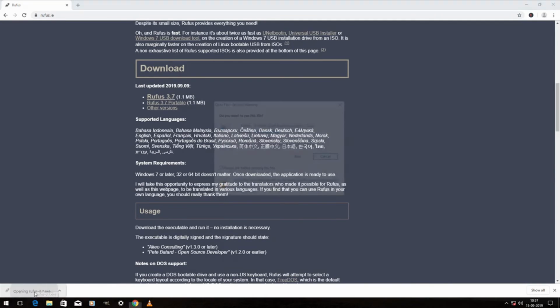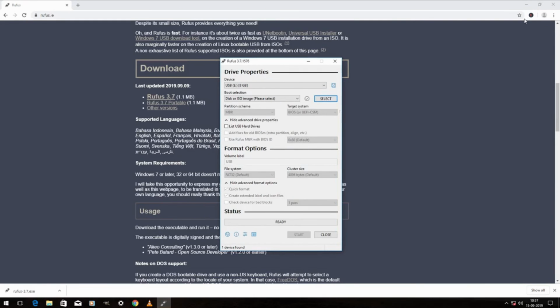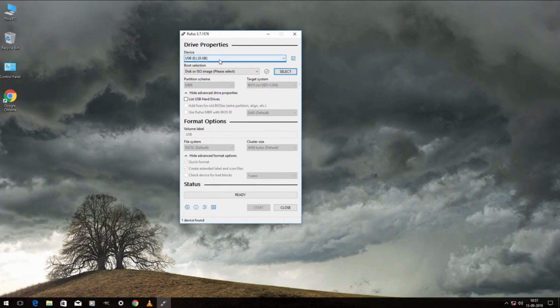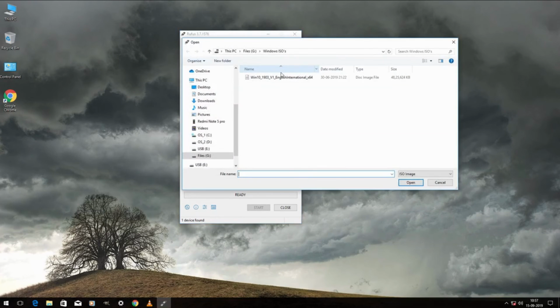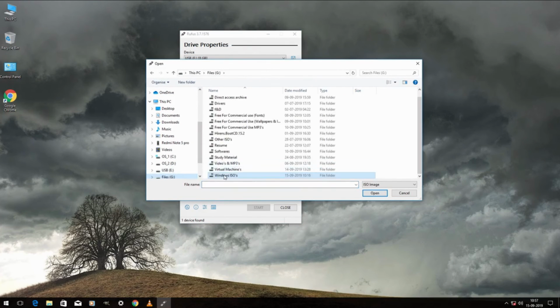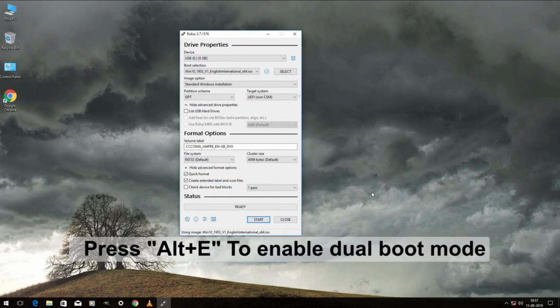Now open the application and click on run. First select the USB drive and then click on select, and now you have to select the Windows ISO file. Select the ISO and click on open.